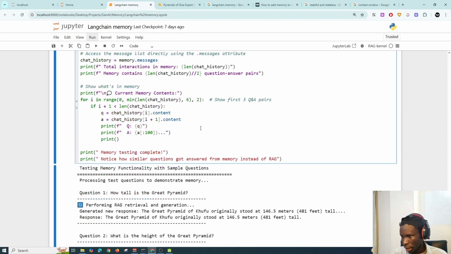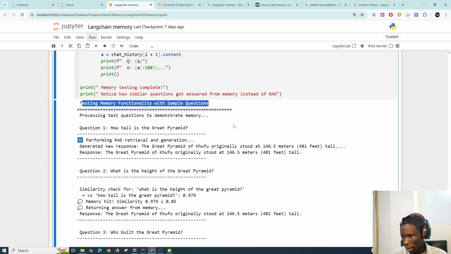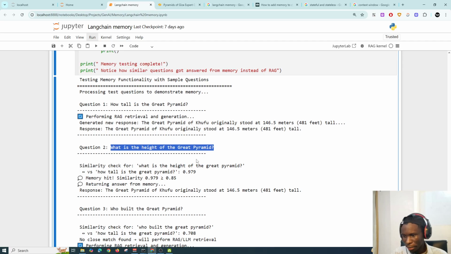Again, once we run this cell, you can see testing memory functionality with sample questions. Question 1: how tall is the Great Pyramid? You can see we have generated the response: the Great Pyramid of Khufu originally stood at 146 meters, about 481 feet tall. Then we ask: how tall is the Great Pyramid, and what is the height of the Great Pyramid? You can see there's some semblance in terms of these questions, and then in terms of the response, you can see that we got a